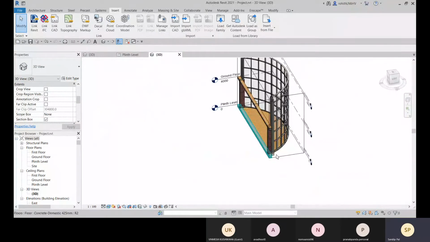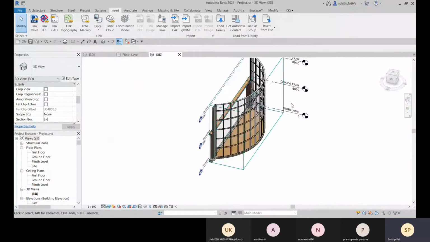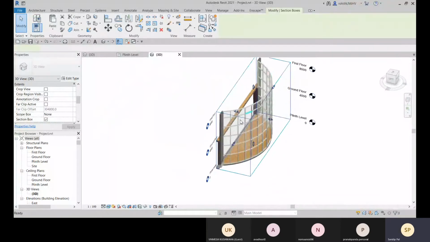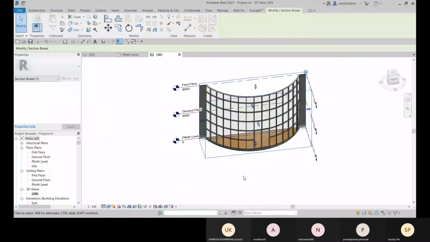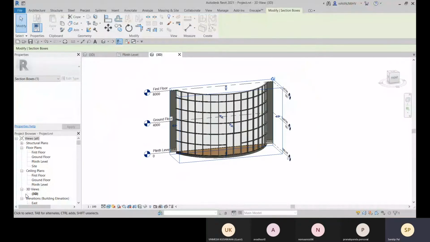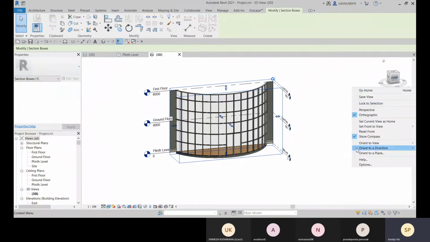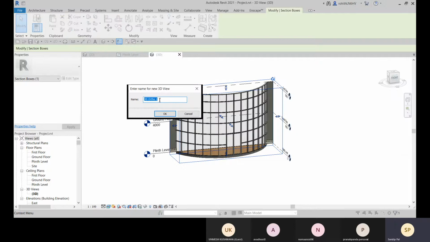So that this object is the only one visible. And after that also, if you need to change the section, you can apply it. For this, you can save it as a particular view. Here you can save this view, suppose you name it 3D curtain panel.